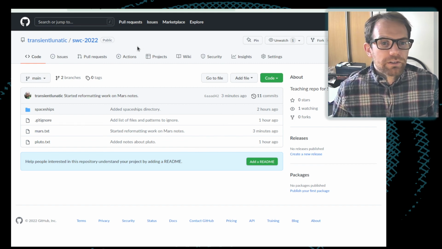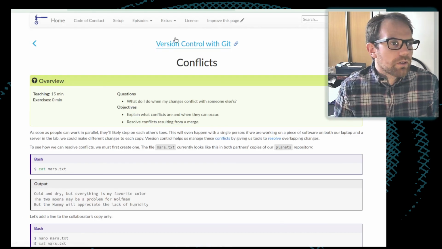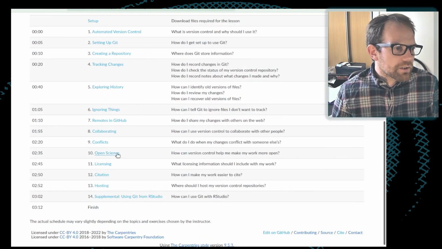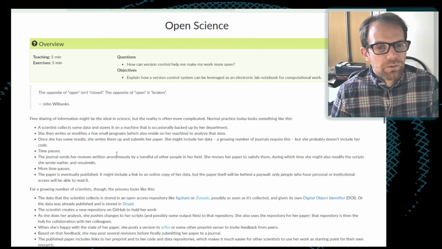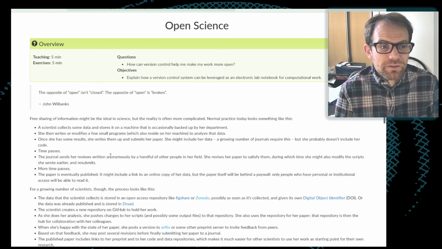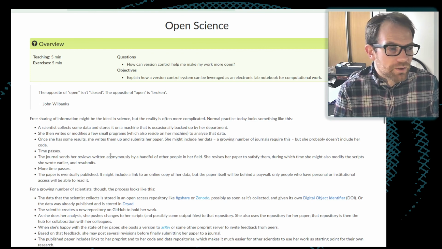Okay, very quickly, let's finish up with the very last section of discussion here, which we're going to get onto, which is this open science stuff. A major thing which version control allows us to do is to have collaboration between us and defined collaborators. But things like GitHub allow us to collaborate with almost anybody around the world who comes along and looks at the repository and sees this is something which I want to work with, or this is something which would be useful for me, but I want to add some new feature.